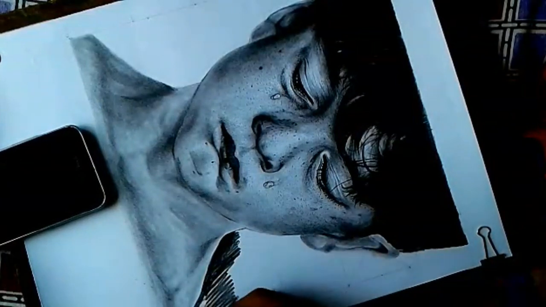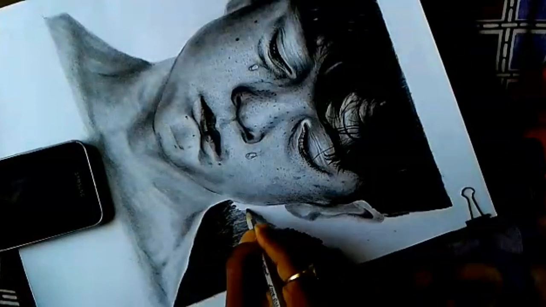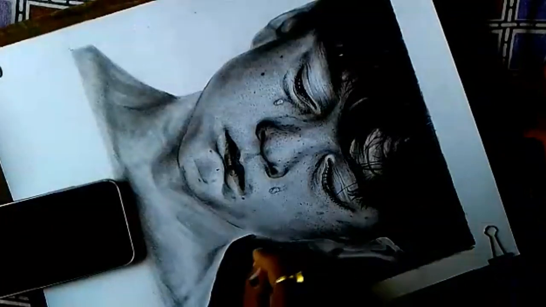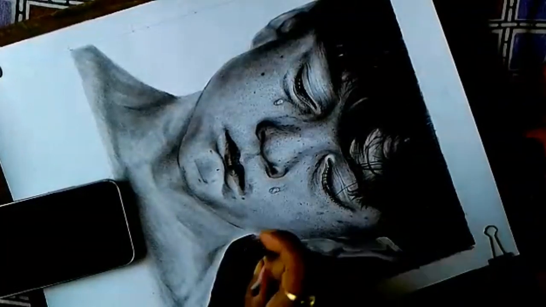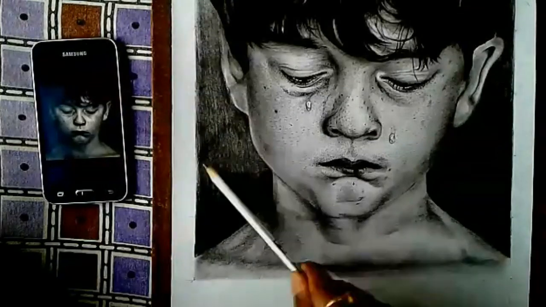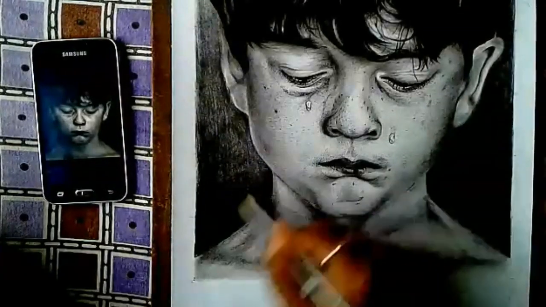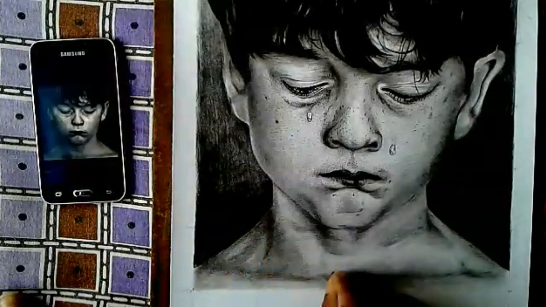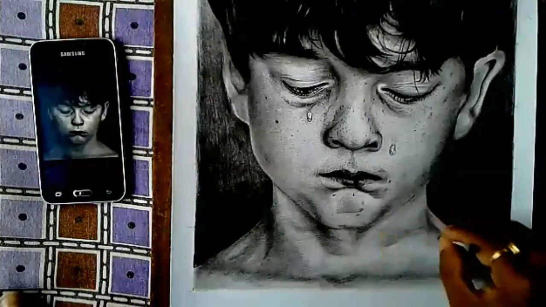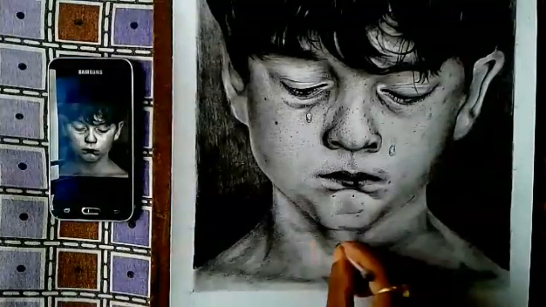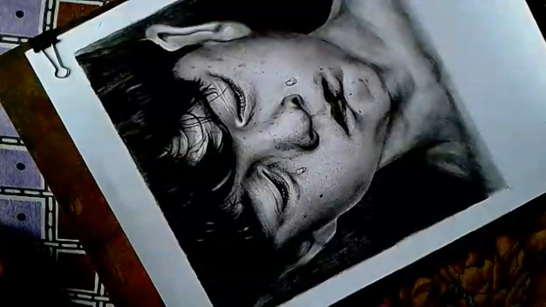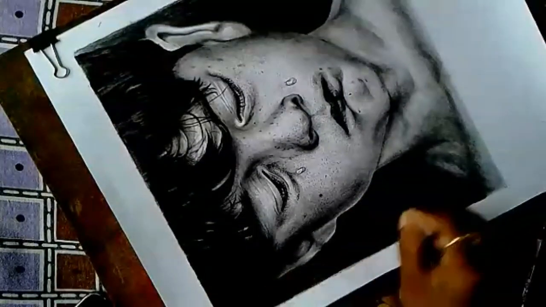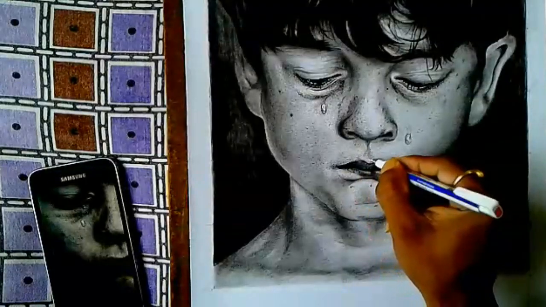So I'm just rubbing my pencil to cover up with black shadow in the background. Background is very important. Background needs to be dark when you are drawing any kind of realistic work, just to make the portrait come out. In the same way I have drawn this side. When you are going to apply graphite or charcoal, whatever it is, you need to blend it even for the background as well. This is very important to blend, because otherwise it will be just hatching. You may apply this technique, but I prefer blending, even for the backside as well.